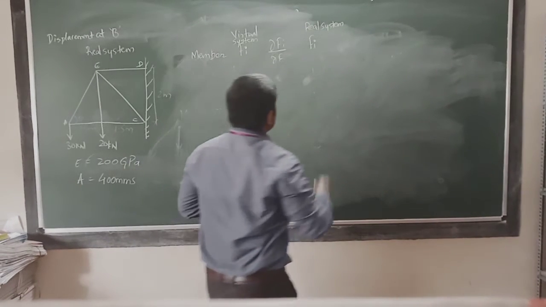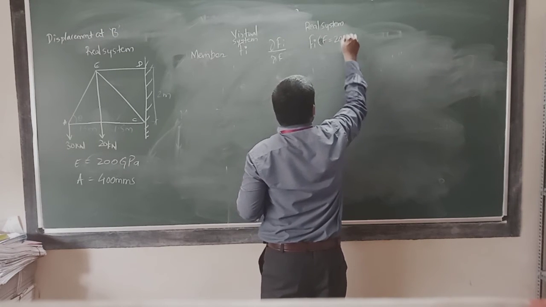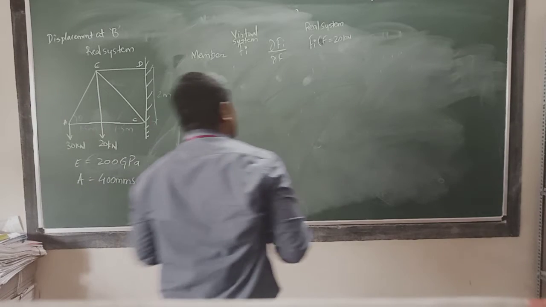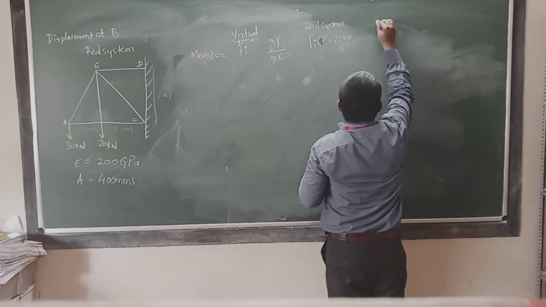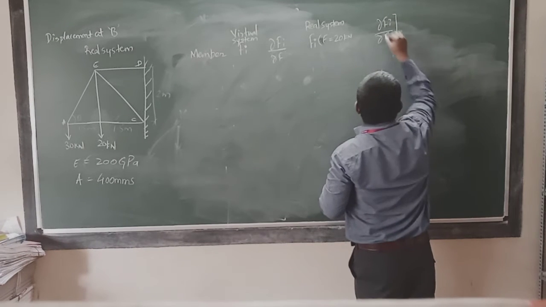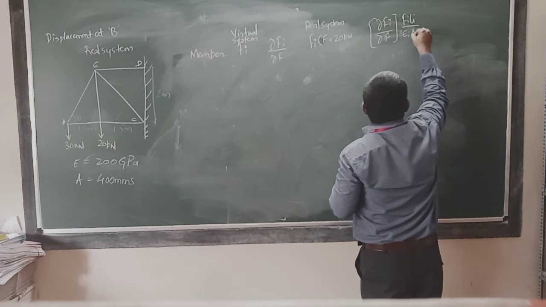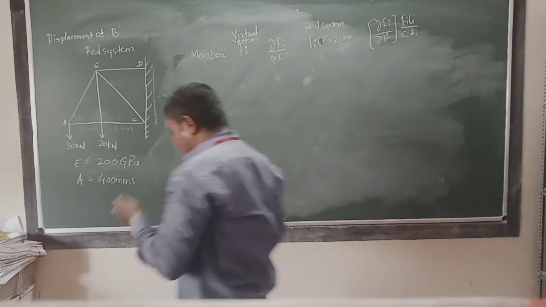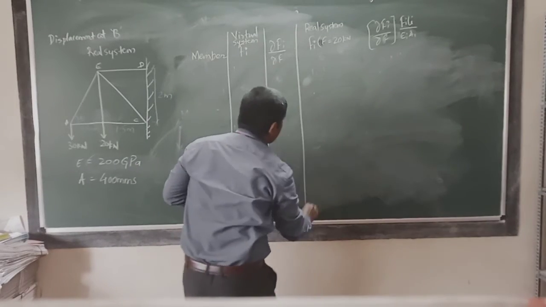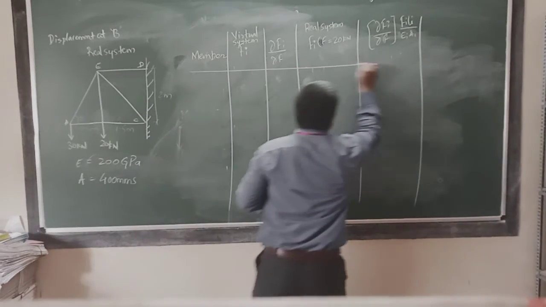I will tell you why we have to put F is equal to 20 here, 20 kN. I will tell you in the diagram. Okay, and then next in the table is dou Fi divided by dou F into Fi Li divided by Ai. Okay, we have to make this table and we have to take all the values. Already we have calculated all these values, just we have to substitute all these values in this table.